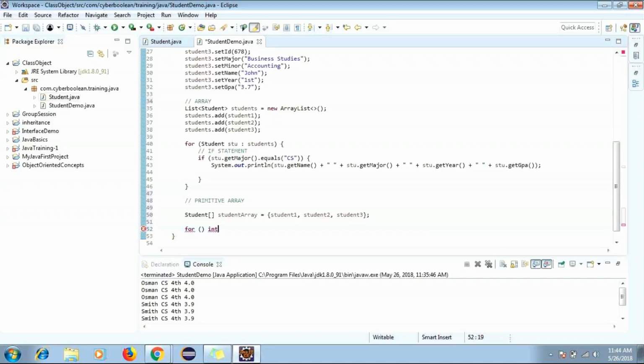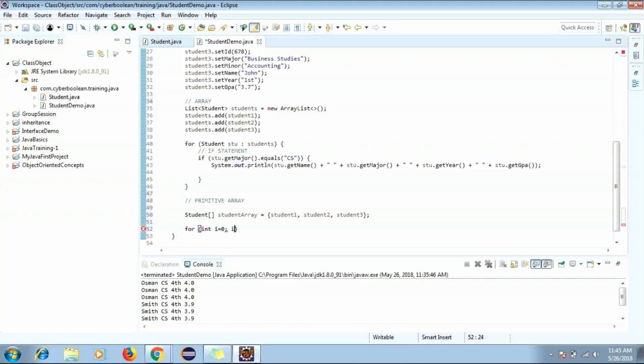Inside, int i, you can call it anything. i equal to, initializing with 0, semicolon, space, i